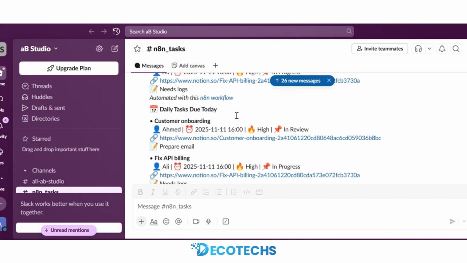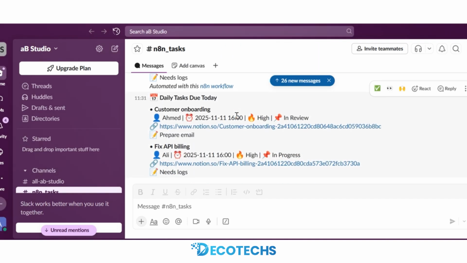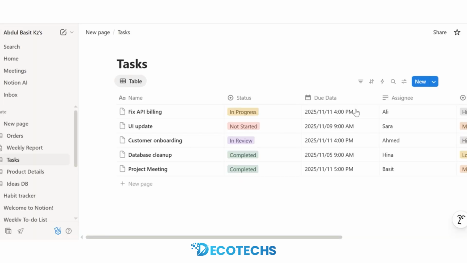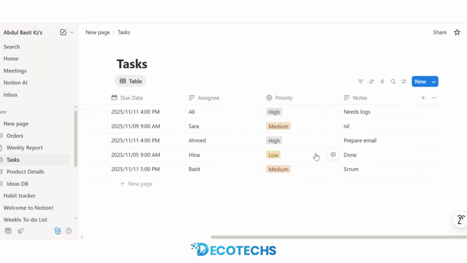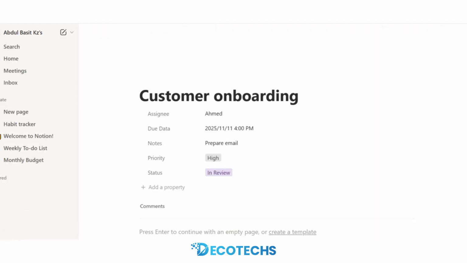Let's check the Slack, and here we got the daily task due today: customer onboarding and fix API billing, the assignee name, time, priority, and the link to open that page. Priority is coming from here. This is a task page,